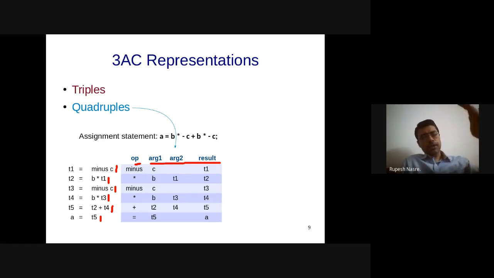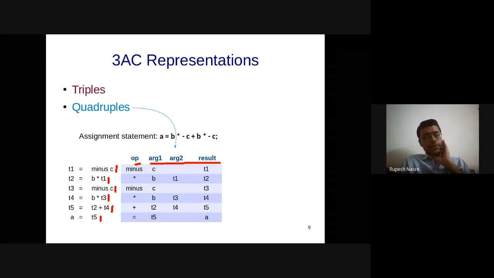For example, okay, so I should mention that compilers used to be very CPU intensive and memory intensive procedure. When you run, for example, GCC, you should check the top command and you will see that it's actually consuming 100% of your CPU, and it's also taking a lot of memory. Traditionally it has been so; now the memories are quite good, plus the CPUs are quite powerful. But in the initial days, we also wanted to reduce the amount of memory that you take for this. And therefore, it can get converted from quadruples to triples.